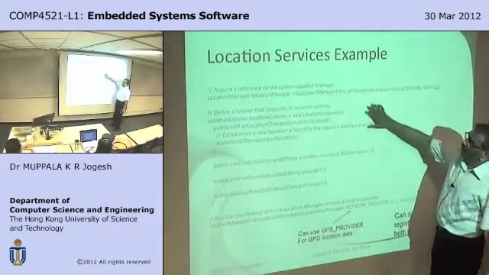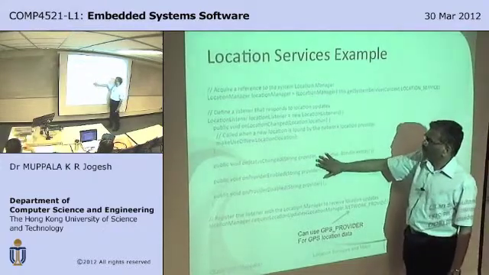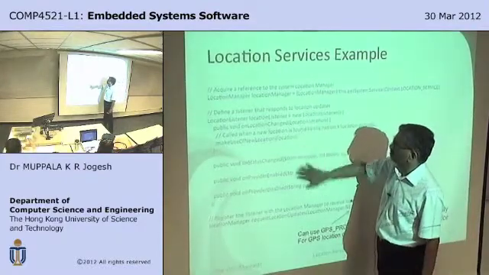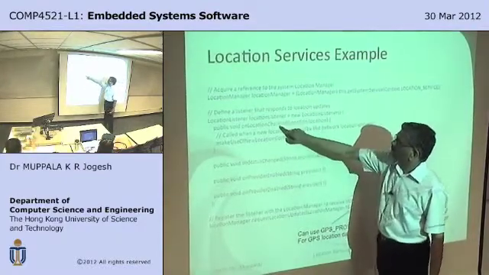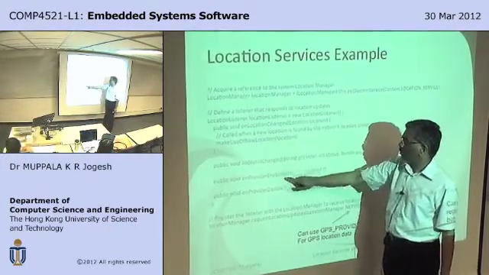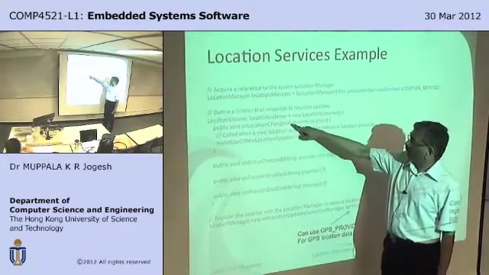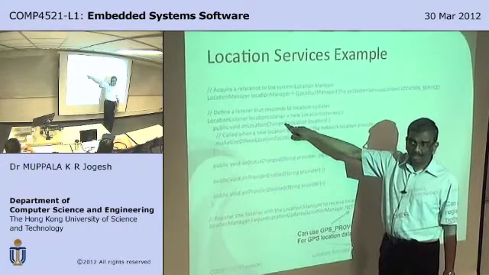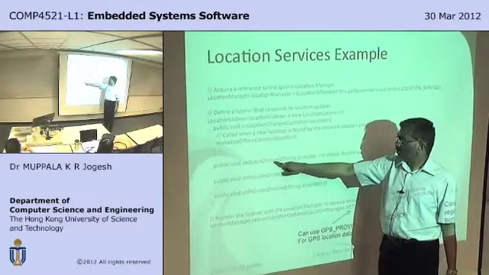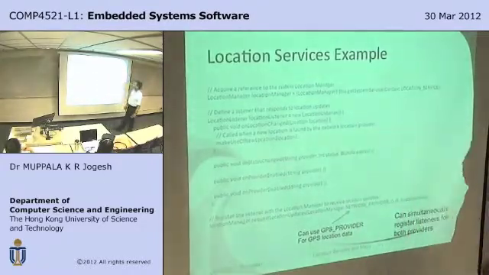of. Now, together with it, you have certain other methods that you need to declare inside the location listener. These are onLocationChanged, onStatusChanged, onProviderEnabled, and onProviderDisabled. Now, obviously, this is very clear. Whenever there is a change of user's location, then this one will be triggered. This, whenever there is a change in the status of the